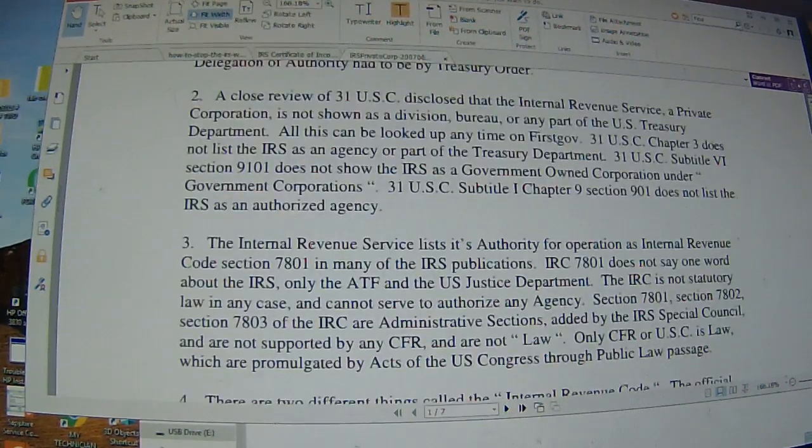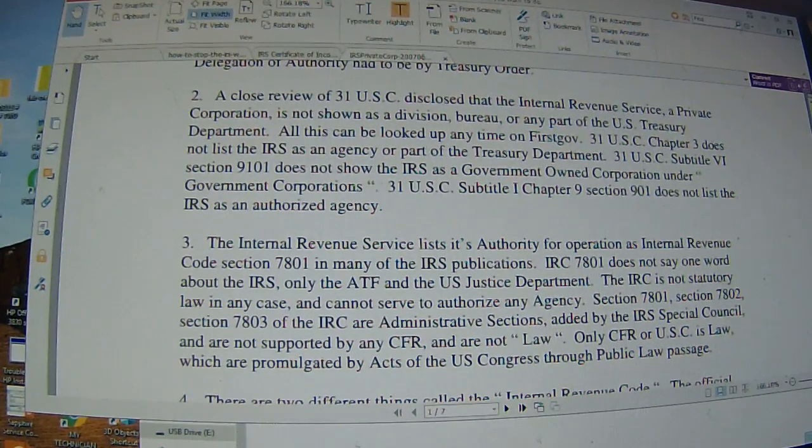A close review of 31 U.S.C. disclosed that the Internal Revenue Service, a private corporation, is not shown as a division or bureau of any part of the U.S. Treasury Department. All this can be looked up anytime on